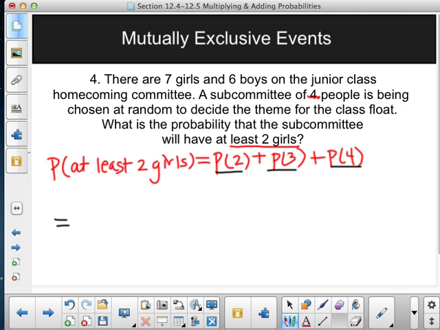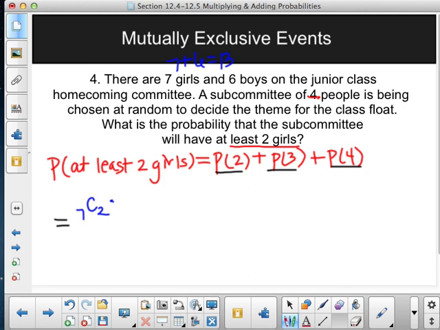I am choosing a group of people, so this would be a combination because order does not matter, it's just a group. And I would figure out how many people total I have. 7 plus 6 means there's 13 total people. So I'm selecting a committee, and I know that I'm going to have 2 girls. That means I have to select 2 from the 7. So I would have 7C2 times